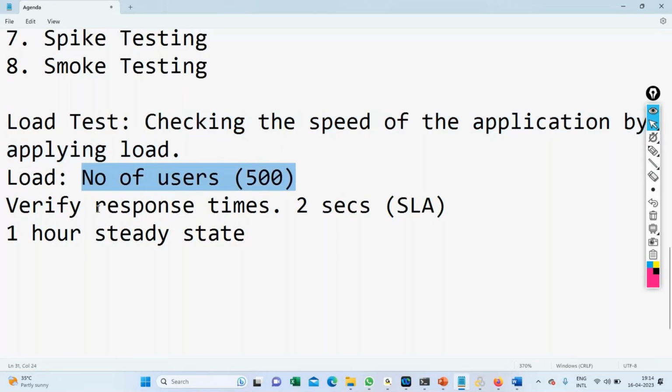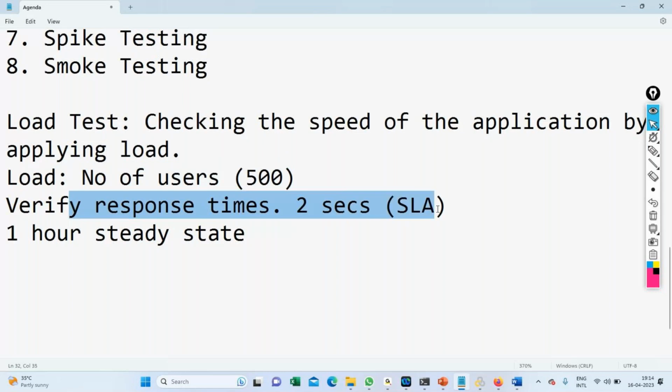What is it that you verify? We verify the response times. Generally, the SLA is 2 seconds. For how long will it run? It will run for 1 hour. And we also verify